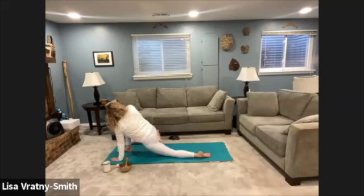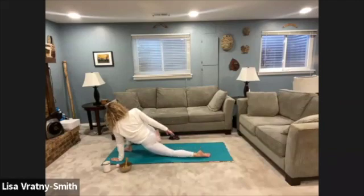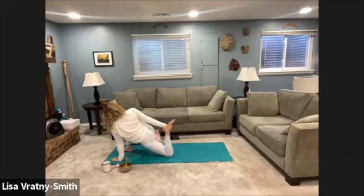Stay here, or if it feels okay, sweep the right arm up toward the sky. Tucking that shoulder blade down. Then dropping the right arm back toward the left leg. You could use a strap if you wanted. You could just stay here, or if it feels okay to bend the leg, taking hold of the ankle or